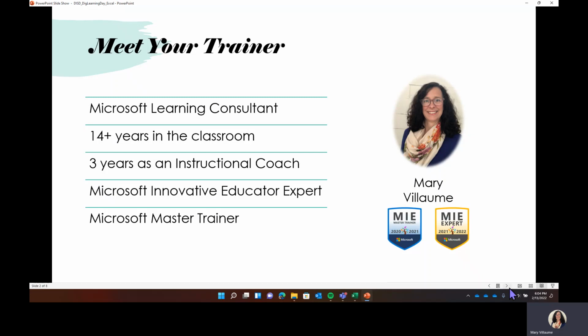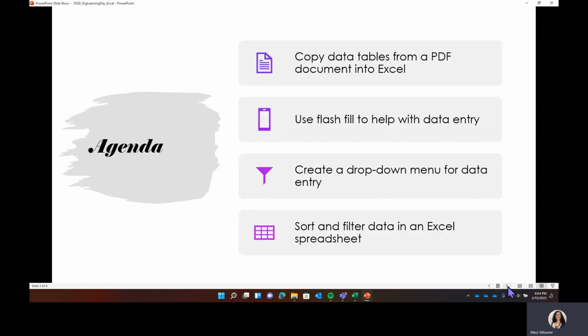So we're going to look at ways that Excel can help with your day-to-day, some impactful features that exist in Excel. We're going to be looking at how to copy data tables from a PDF document into Excel. Once you have those data tables in there, how you can use Flash Fill to help with data entry. Even if you're not importing data and you currently have data, how you can change that and use Flash Fill to help you. We're going to look at creating a drop-down menu to also help with data entry for anything